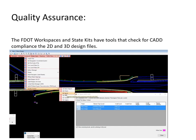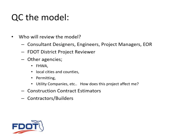It's up in the 90s. I think it's 95% CAD compliance will pass. So that is something that's built right into the software for quality assurance on CAD compliance. For actual model compliance, we really need to start thinking about what type of things do you need to review